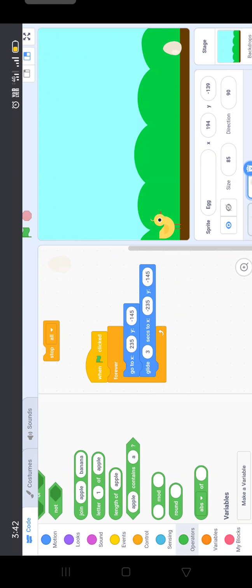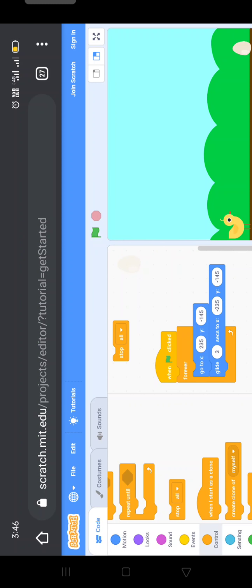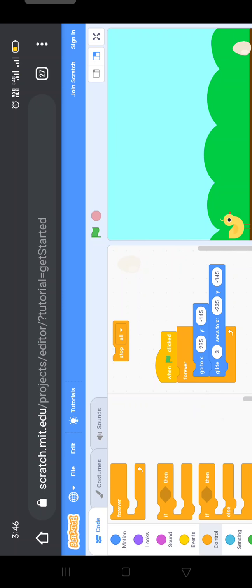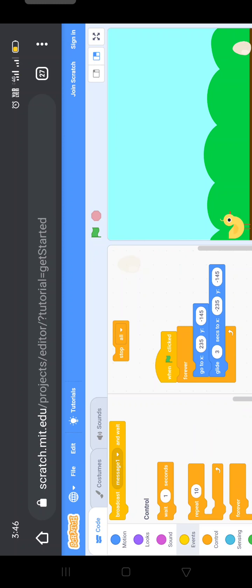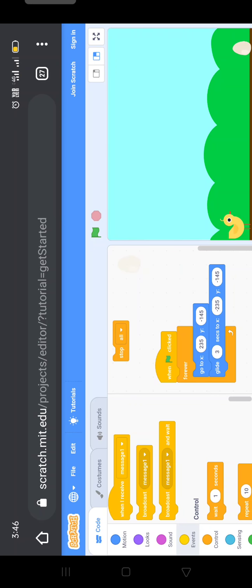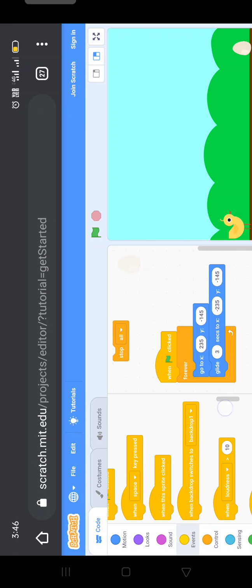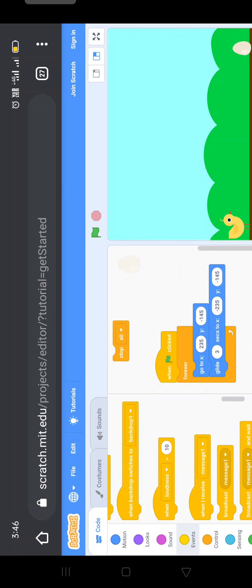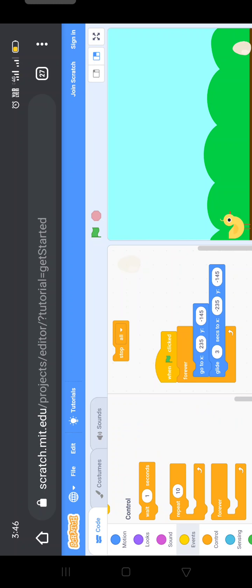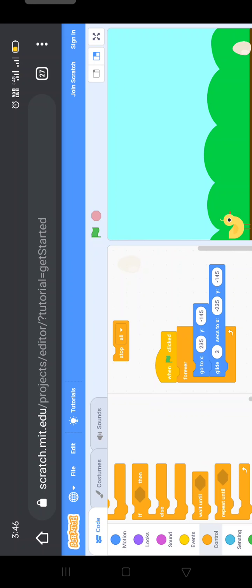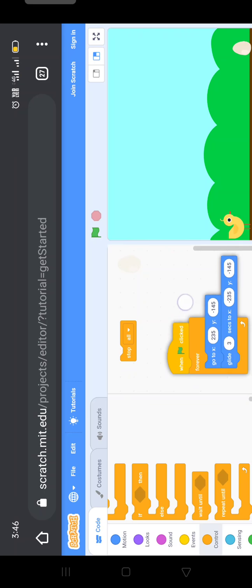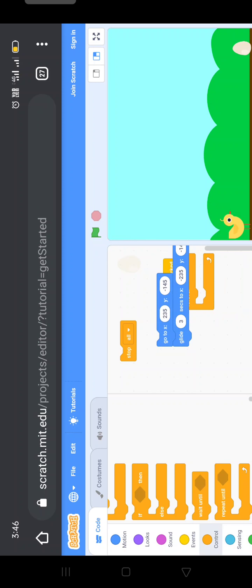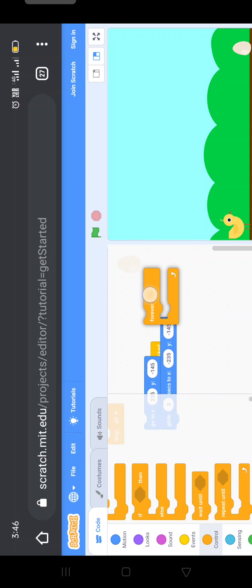No, not from the operators. Okay, to stop we are going to take stop all, and wait until. We have to give a condition for when to stop: wait until touches the chick. That option we want to give. Here the wait until option is available, you can see in the block code, wait until. Sorry, where did it go? Okay, here it is.